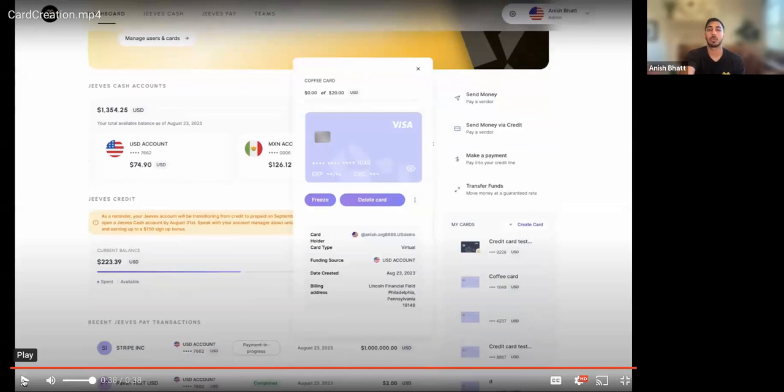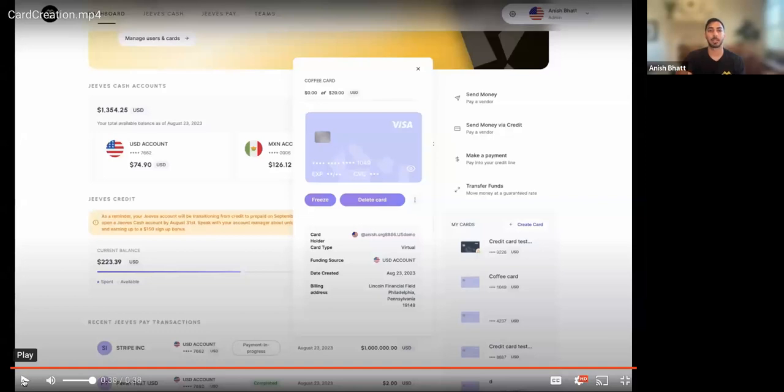Now, I can create cards for others. And if I'm doing that, there's a button on the other side to claim that card. For an employee who I'm creating the card for, the employee logs in and there's a big button right on that right side that says claim card, and they have the ability to claim that card. So this is our view, again, taking that foray into expense management,